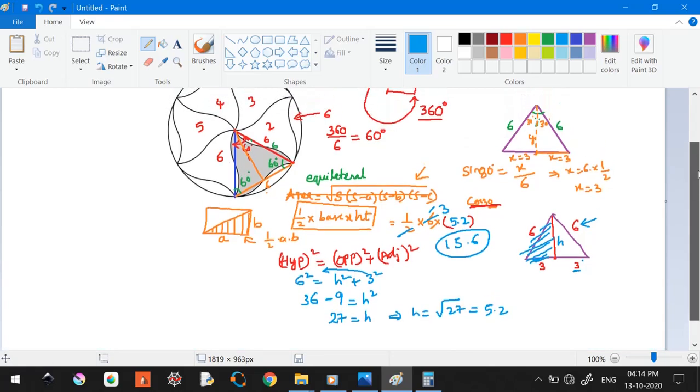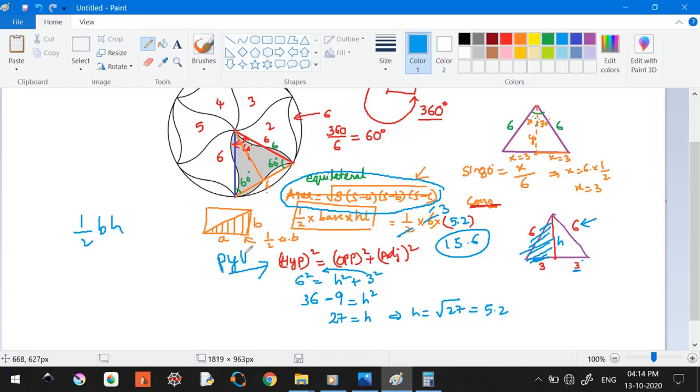Assume that it is just forming a triangle, and once you are fine with that logic, then identify the area, which is either half base into height, or this lengthy formula. If you can remember this, your life is going to be easy. But it's okay if you are not able to remember this. You can just go with the basics, which is this Pythagoras theorem, which is kind of a must for your design exam, I would say. This particular formula is going to be used in many ways.